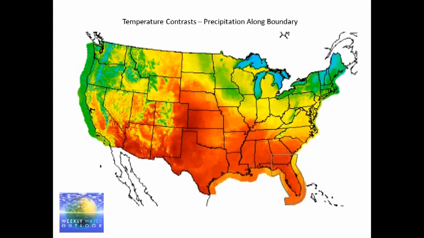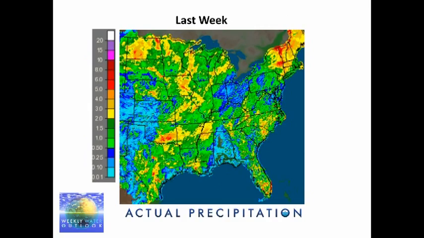Now, there's another factor that we always need to keep an eye on, and that's temperature gradients. Now, I'm getting back to the synoptic scale. Again, this is the big scale. And if you look here, these are the cooler temperatures right in here, the yellows and greens, and these are the warmer temperatures, the reds. And look at this boundary right here. Right along that boundary with cold air to the north and warm air to the south, those temperature contrasts along those boundaries are where you'd expect the heaviest rainfall to occur.